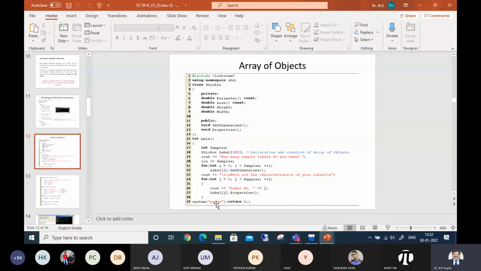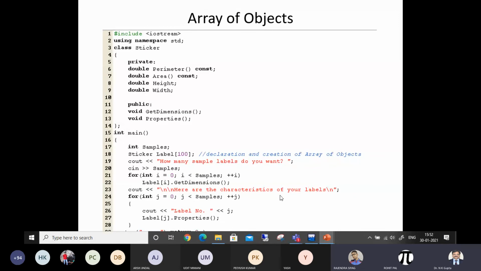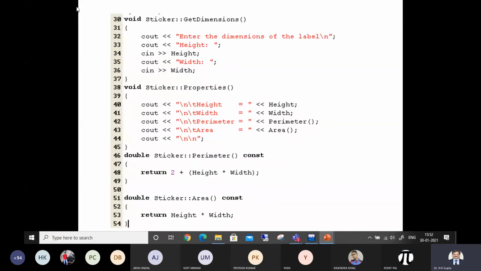And where is the definition of all these member functions, whether private or public? After the main function. Yeah, we can do it. We have seen that is possible. So come to this point. Void Sticker, now you know why I'm writing this, because get dimension was a member function of the Sticker class, and I'm writing this definition outside the class. So I need to mention the return type, the name of the class, the scope resolution, and the name of the function.